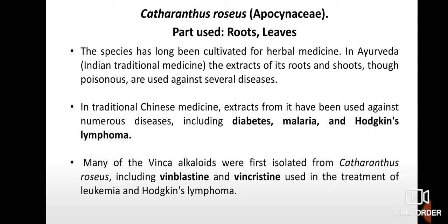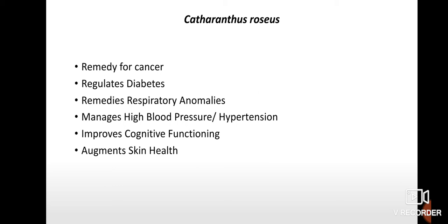Hodgkin's lymphoma. And many of the Vinca alkaloids were first isolated from Catharanthus roseus. The alkaloids are vinblastine and vincristine, used in the treatment of leukemia and Hodgkin's lymphoma. So in brief, it is a remedy for cancer, it regulates diabetes, remedies respiratory anomalies, manages high blood pressure,